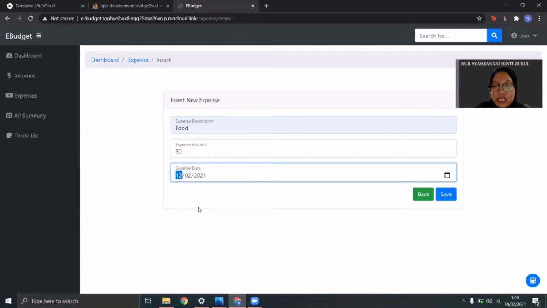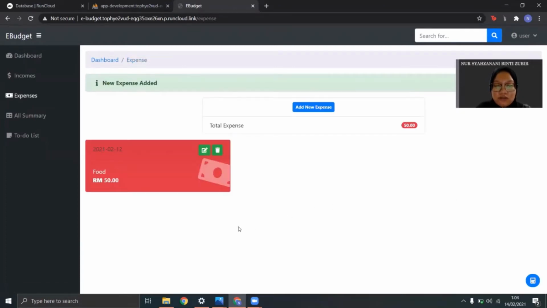After the user has filled in all the requirements, they can click on the save button. After the user has saved the expenses, they can view the expenses that they have created. User also can either delete or edit